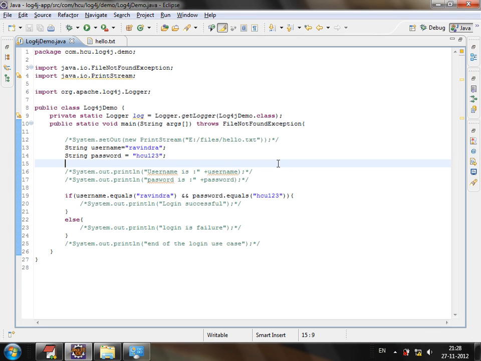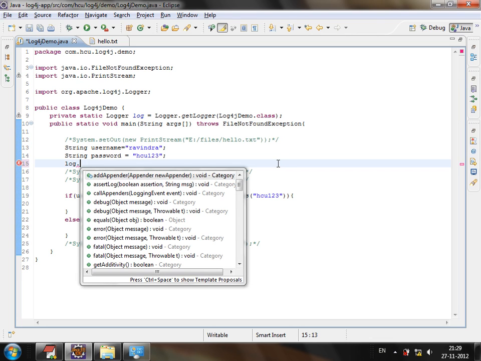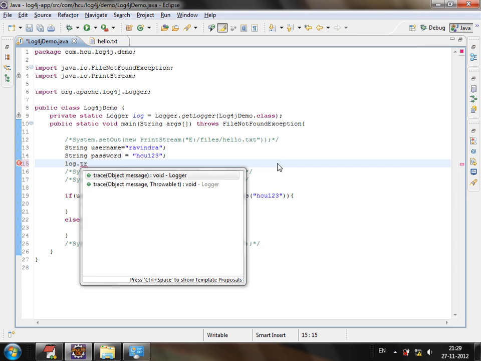Okay, understood? Now the next thing, in order to send some information to the log, we just execute log dot some methods. We have several methods in Log4j, like trace, like